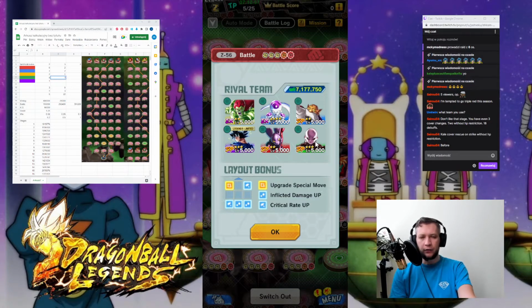Jiren has strike cover rescue, as I remember, on 2 units. I can't remember right now on which 2 units, but I think I can go through my videos and check that out. So yeah, what you want to do is to defeat this Jiren and Goku first, just so you can defeat